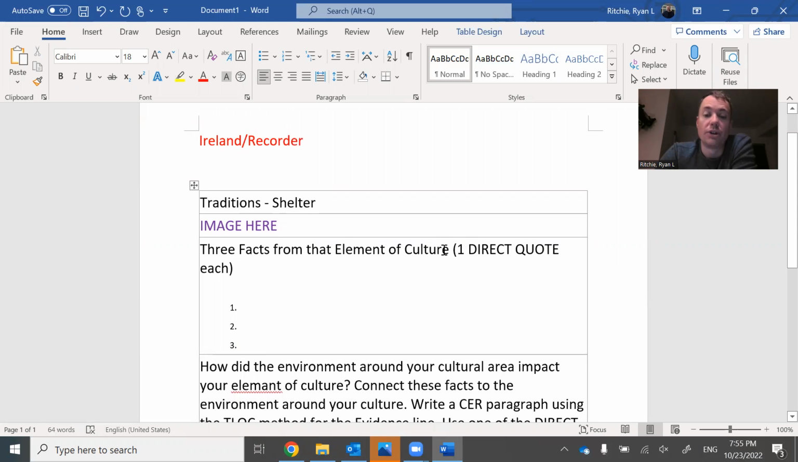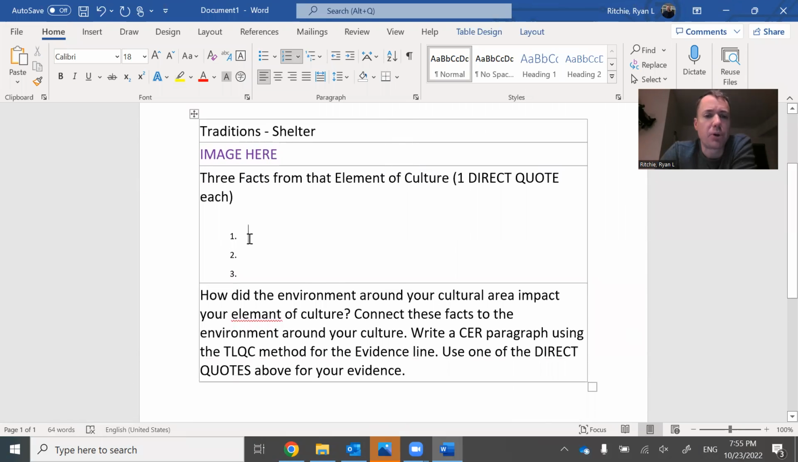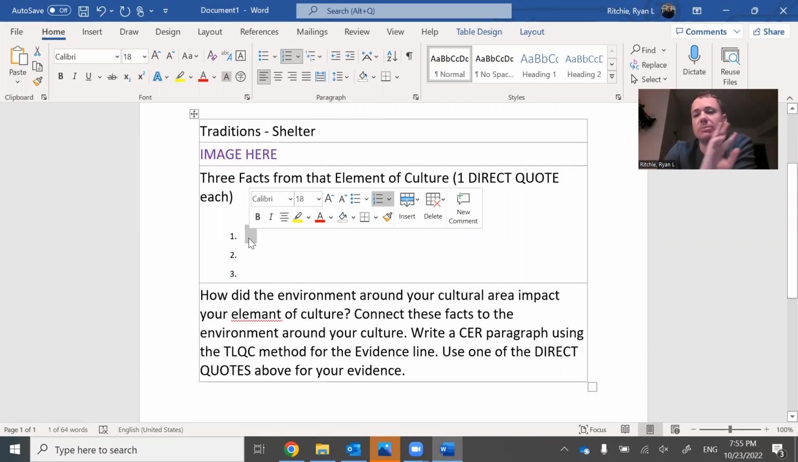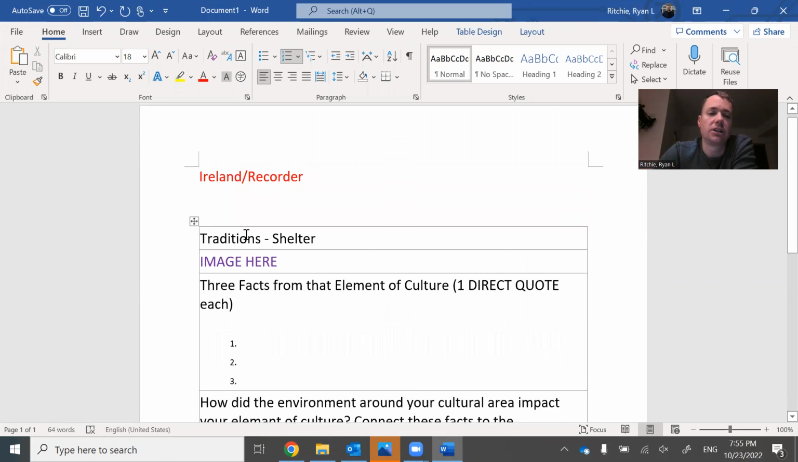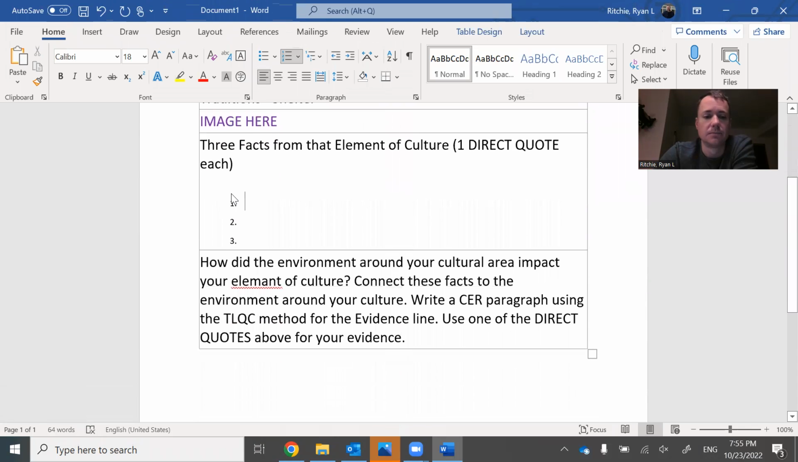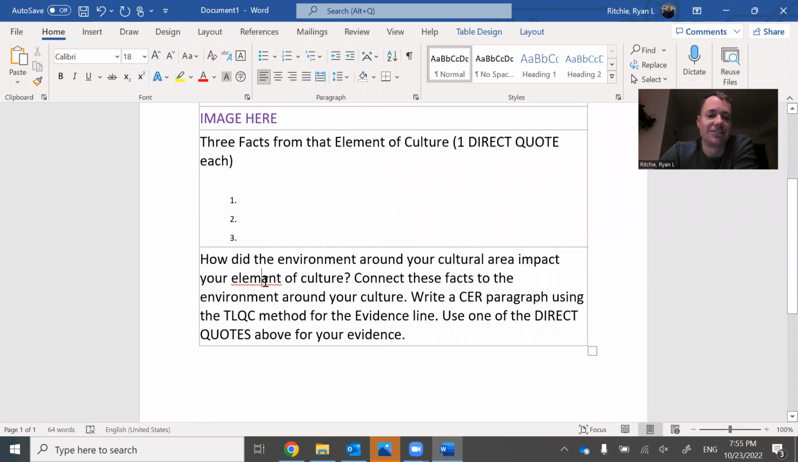And what I'm doing is I'm using 1 direct quote for each one of these. So I'm just pulling 3 direct quotes. I'm not doing any work. I'm not writing anything on my own here. I'm just going to find 3 direct quotes related to shelter as it relates to Ireland. And then below here,